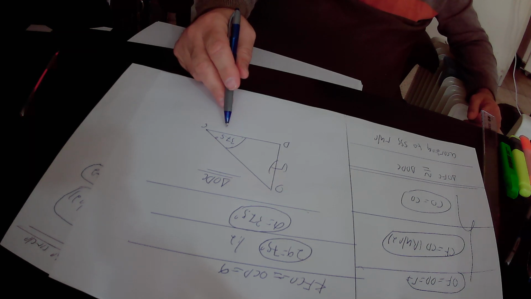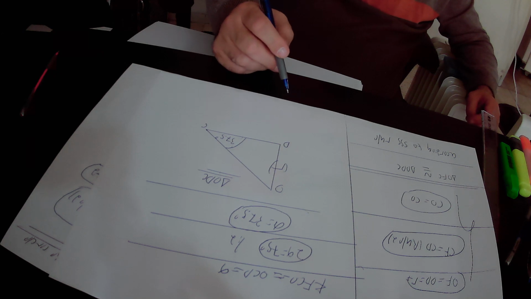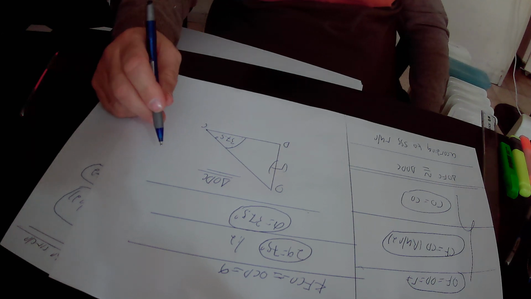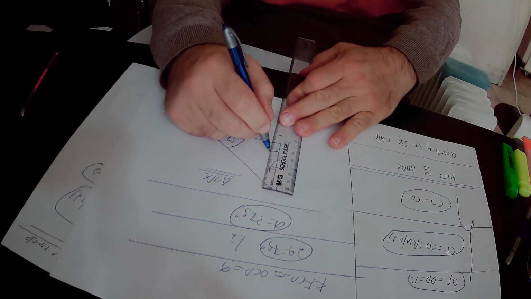This is angle alpha, which equals 37.5 degrees, and side OD is the radius of the circle, which is equal to R according to our definition. So in this right triangle ODC,